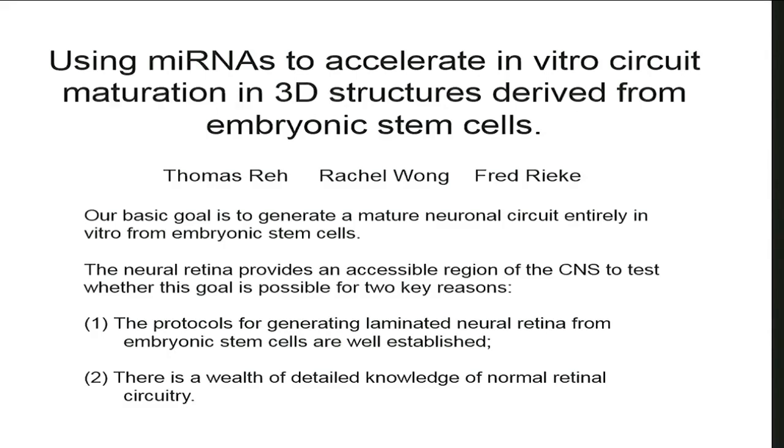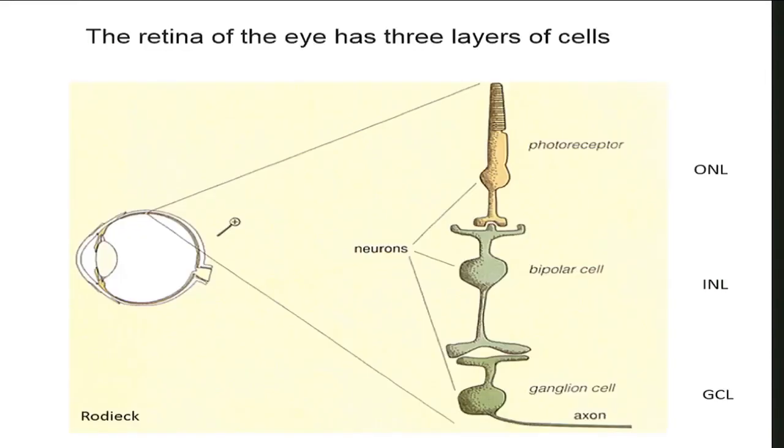In addition, I'll describe work that shows that microRNAs are involved in the neural maturation process in the retina, in setting this developmental clock. And we thought to apply some of the same techniques that we had already studied in normal developing organisms to iPS cells. So I'll just start by jumping right in and telling you a little bit about the retina.